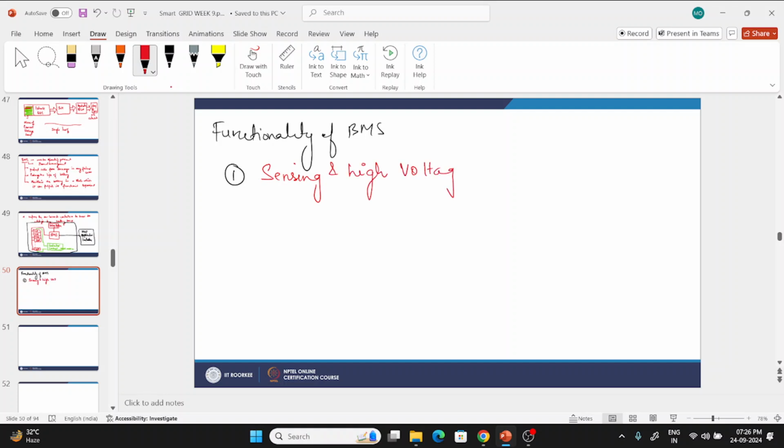So what does it do here? It measures the voltages, current, temperature,